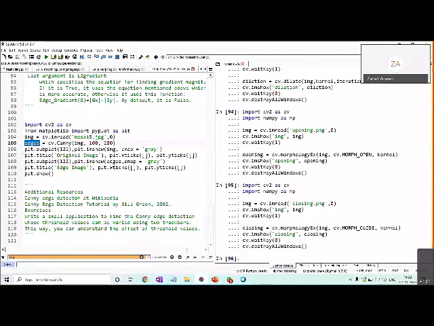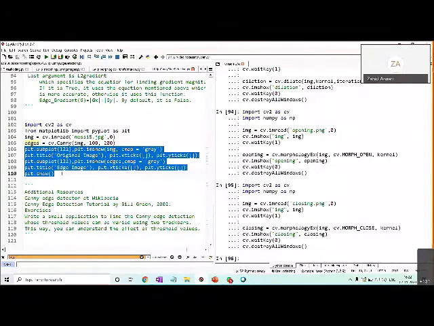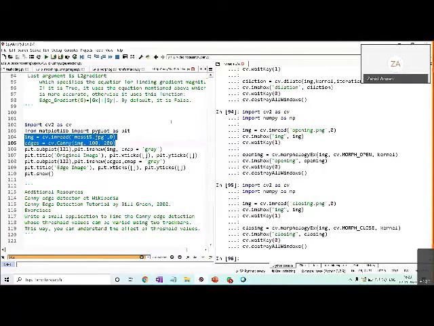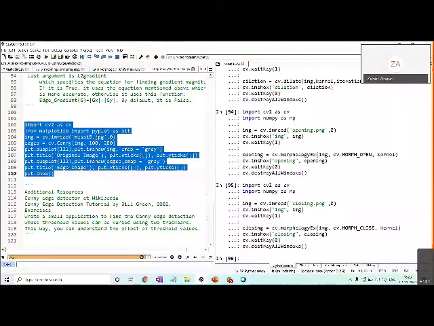Now, whatever all these things are there, these are plotting, right? We are plotting the original image, and we are plotting the edges of the image. And these are the initial imports, right? Import statements. So basically, this two-line code is there for the edge detection. Okay. So if I do this, and if I run it for you,